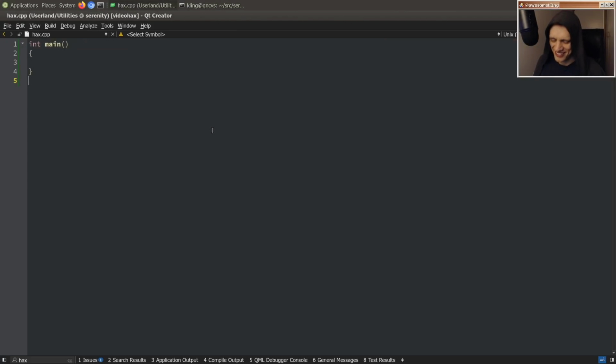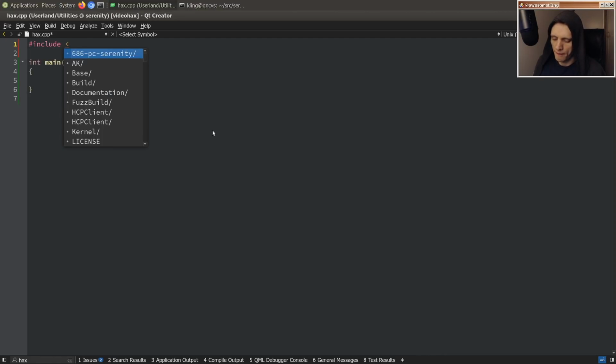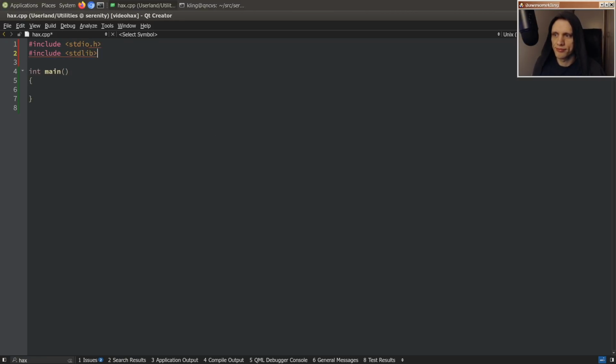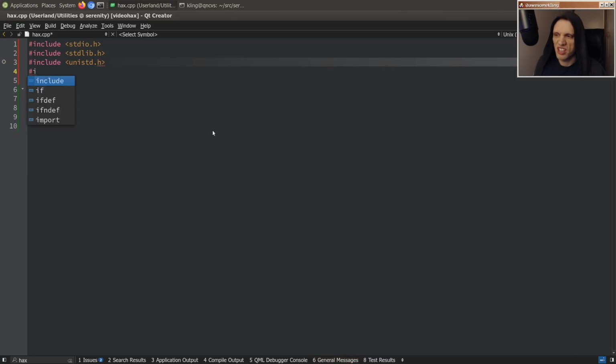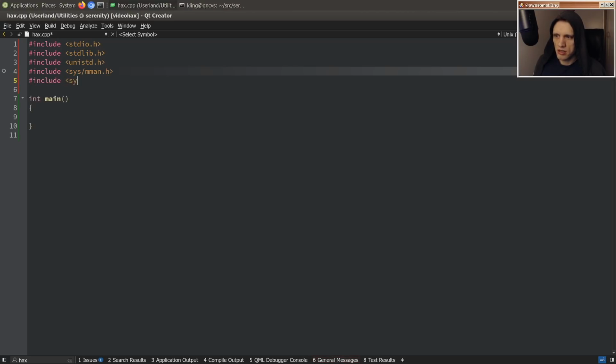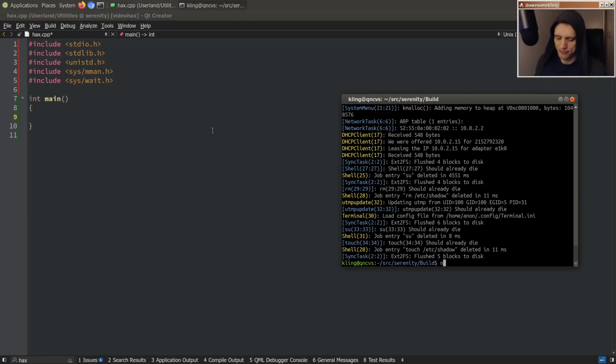So we'll want to set up the situation where the shadow file is empty so we can just su our way to root. So let's get some things that we might need. And I don't know, a little bit of this and that. Okay, so I think what we want to do is